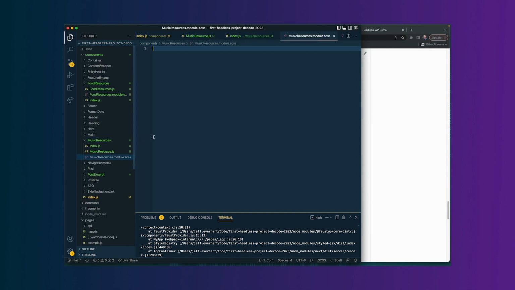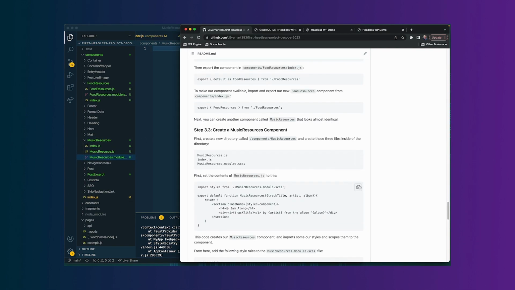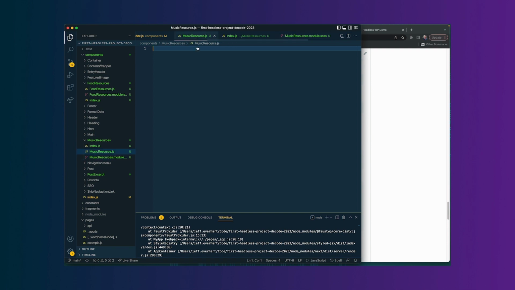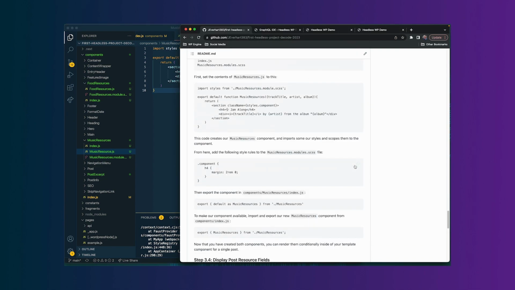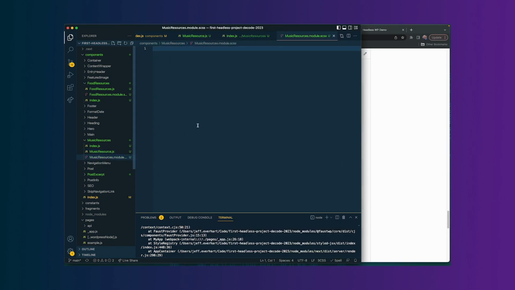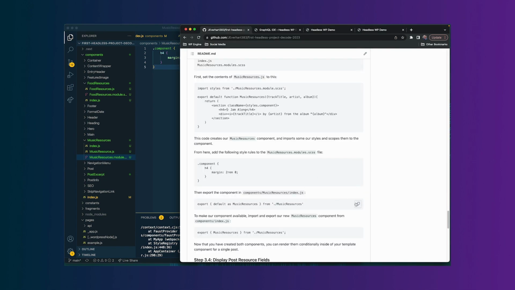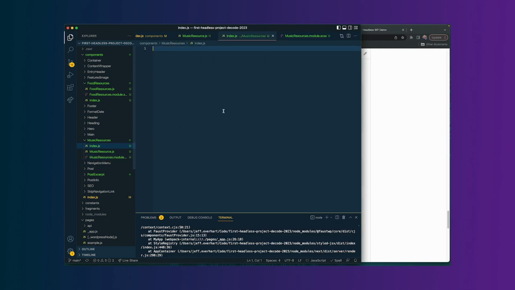Once we've got all that stuff, we'll do the same thing we did for our food resources and just copy and paste some of this code from the repository. We can see that this component looks almost identical, right? We've got music resources. This actually has 3 props instead of 2, but we had 3 fields on this field group. But the styles.components convention is the same, and we're just doing some slightly different rendering because we have different content. So from there, we'll also add in our SCSS code and make sure to export that from the component